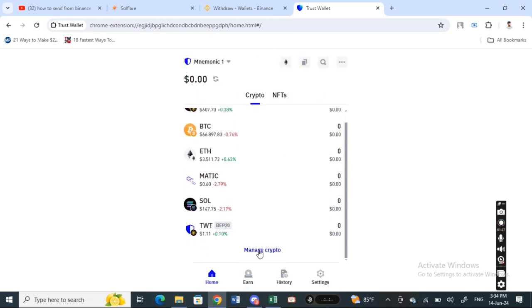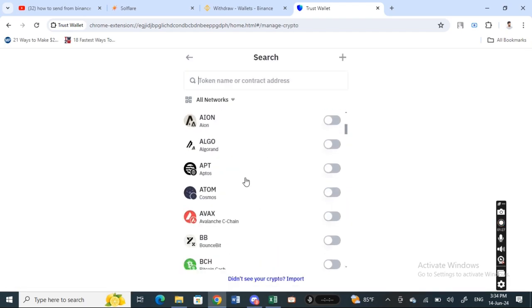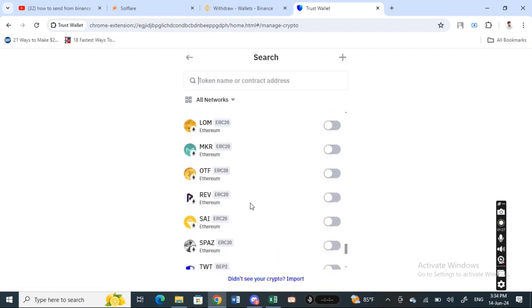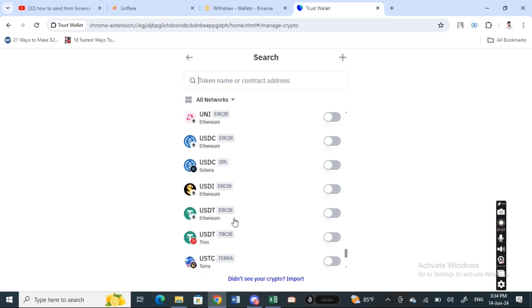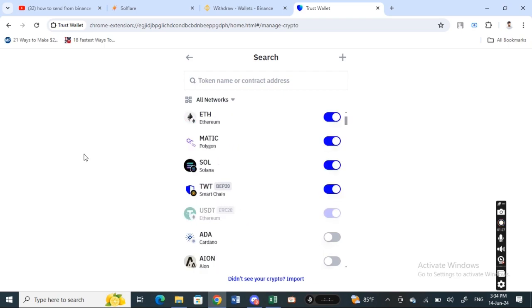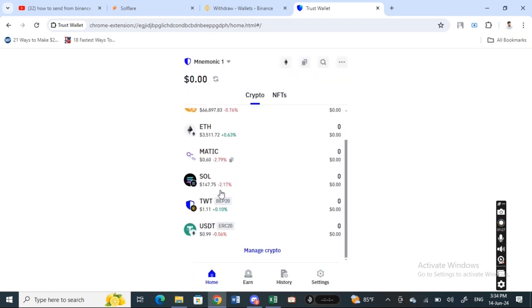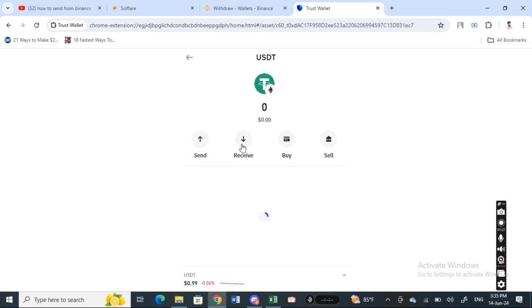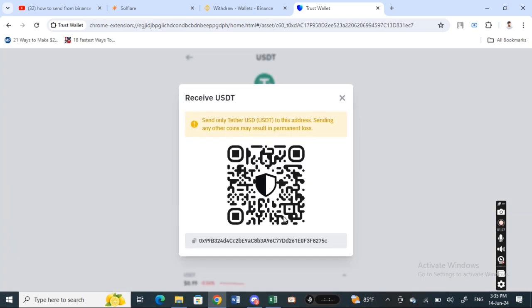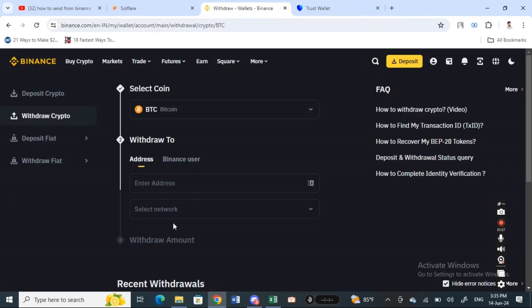So go to your Trust Wallet, and once you've logged into your Trust Wallet, let me open up my USDT option here. So when you log into your Trust Wallet, what you're going to do is receive. So simply select the USDT option here and then hit on receive, and then here you will get the address. So simply copy this address and paste it here, and then the network as well,